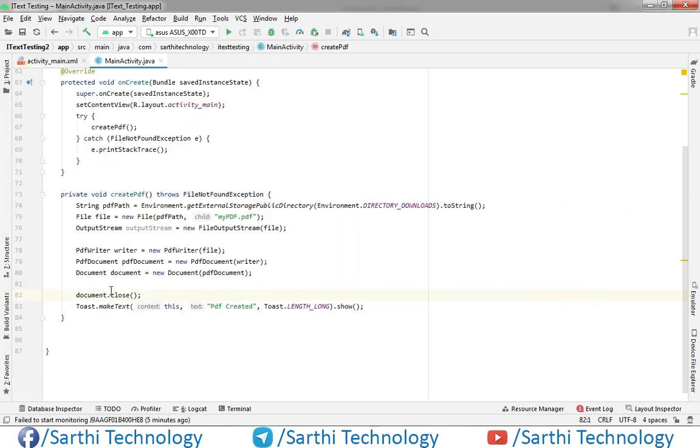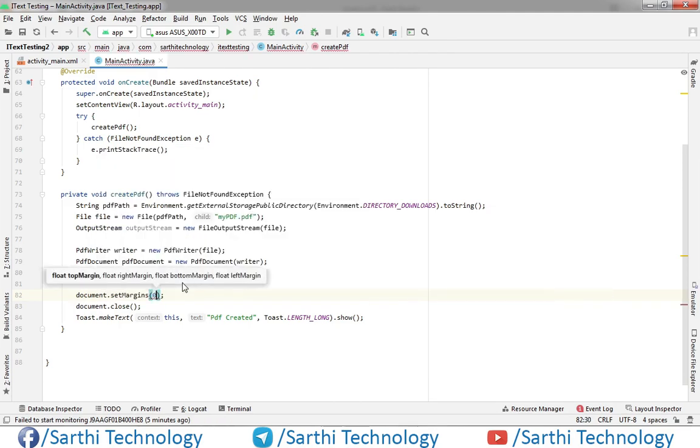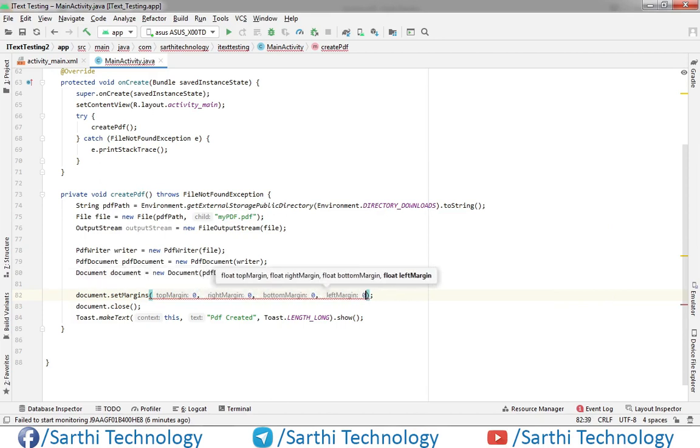let's start from this document. First thing we need to change the margin, and margin will be 0000. So use this document object dot set margin and put 0 0.